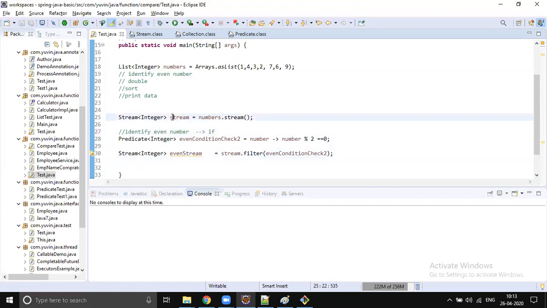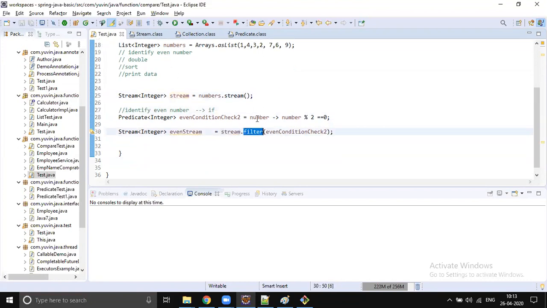Now first we got the stream, then we filtered the data. What filter condition did we apply? Even numbers. So now the even stream is going to have only even numbers. Is it clear? Okay. Now let's double the value, right? Doubling means whatever data we got, we want to apply some mapping, right? Yes, Chintesh, do you have any question? No, sir. Okay.